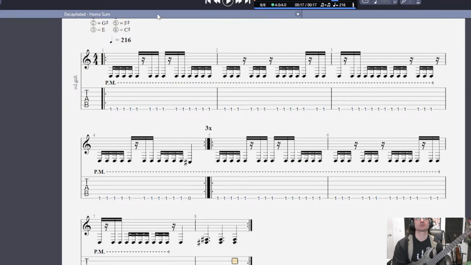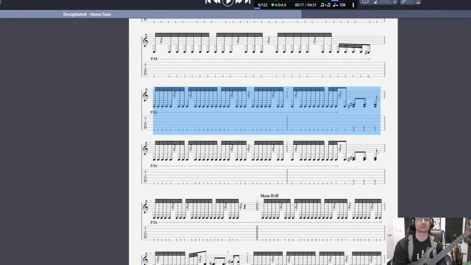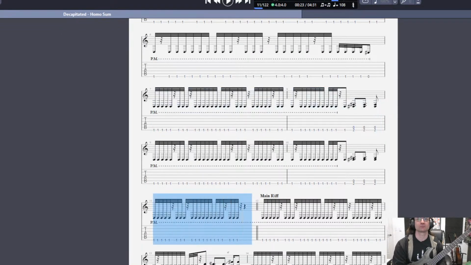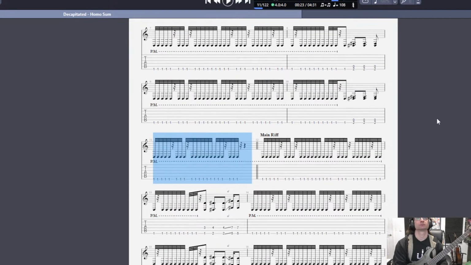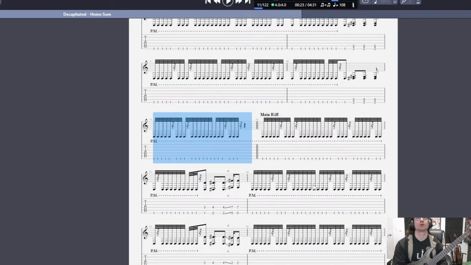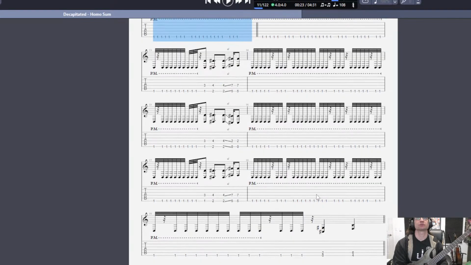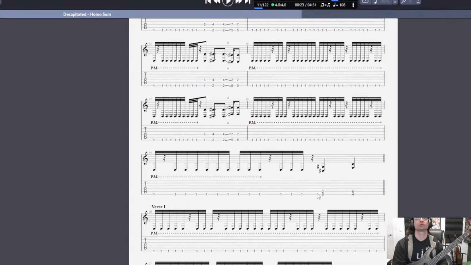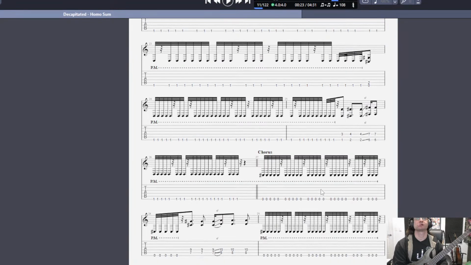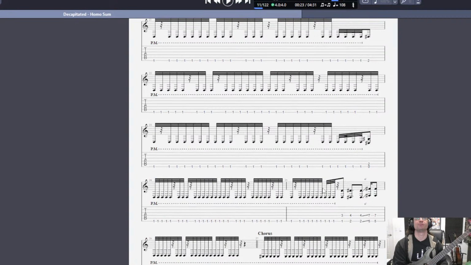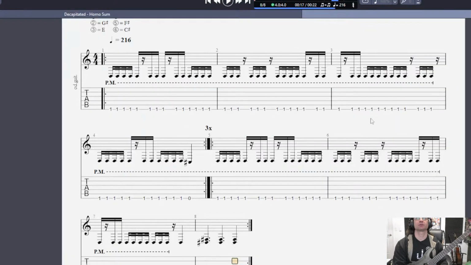And then we got... I'm wondering if I should just go straight to the main riff where it's... Oh, let's just keep going here.